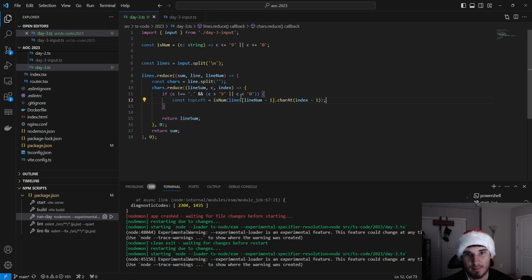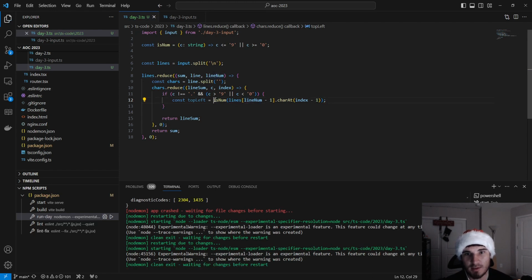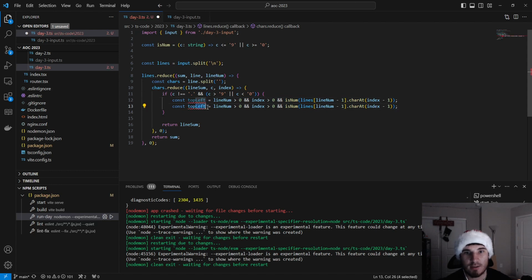Yes, but we need to make sure that first line number is greater than 0 and index is greater than 0. Okay, and then our top number